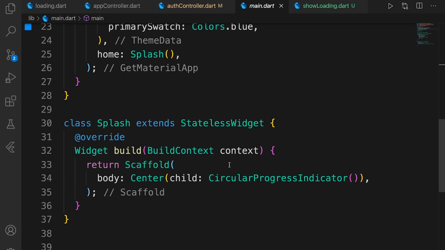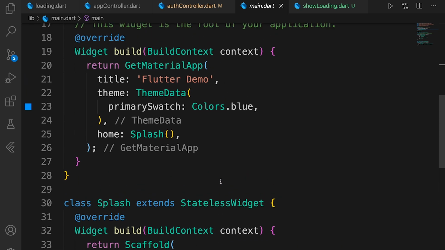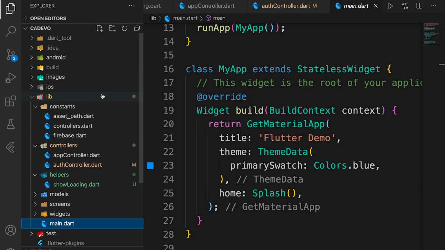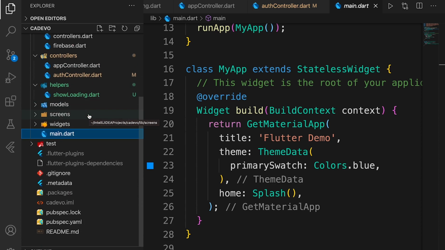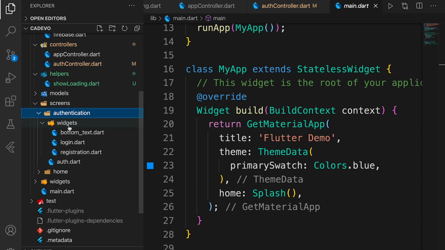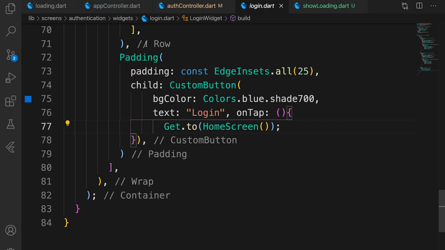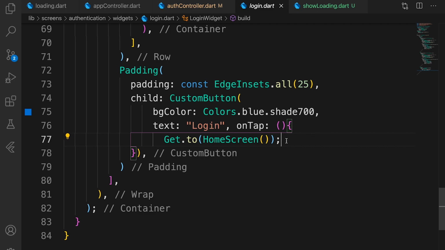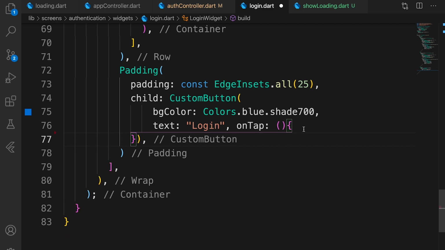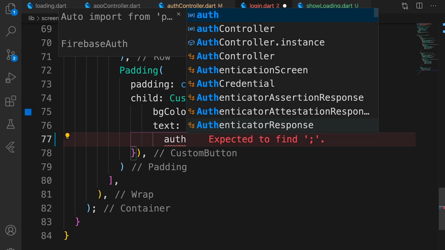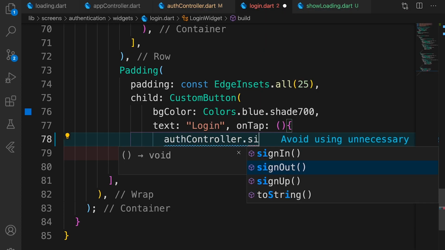Our home screen is our splash screen, which only has a circular progress indicator. What's left for us to do is very simple. Actually, we just have to go to home, to authentication, to the login screen, and by default we have here go to home, but we do not want to do that manually no more. We are going to do here something like of controller, because this variable is global, dot sign in,